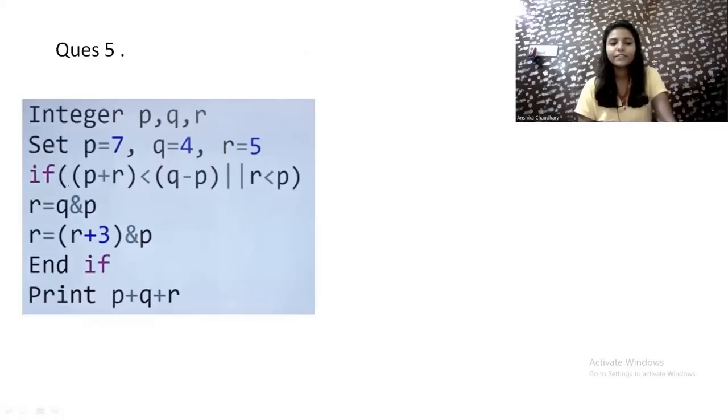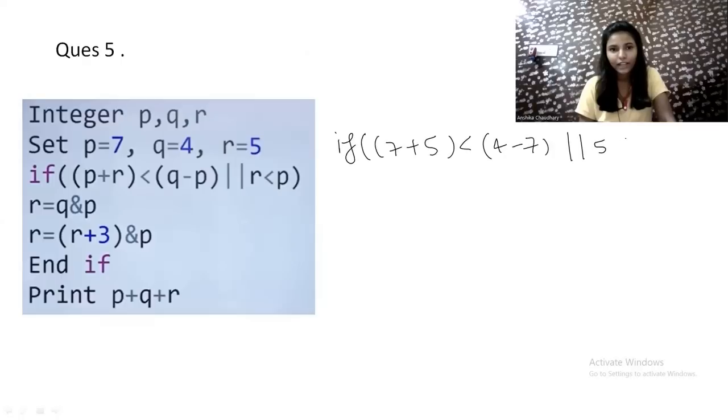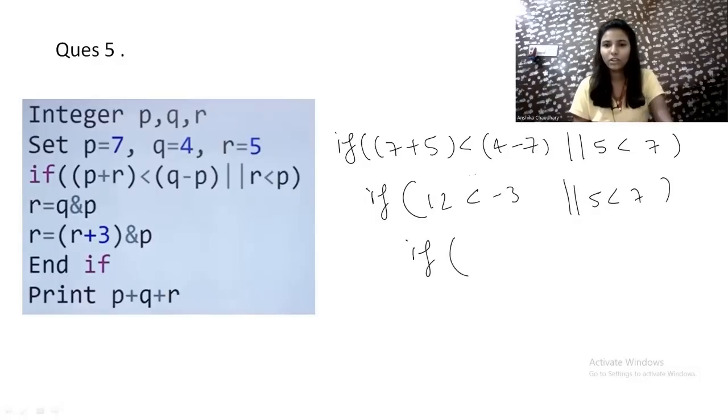So in the if condition, p plus r. What is the value of p? P is 7 and r is 5. Now less than q minus p. What is the value of q? 4 minus 7, as the value of p is 7, or r is less than p. What is the value of r? 5, and p is 7. Now if 12 is less than minus 3 or 5 is less than 7, first of all we will